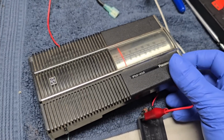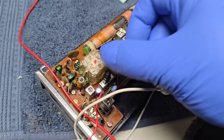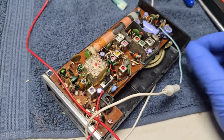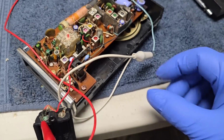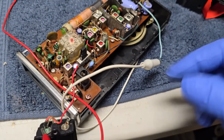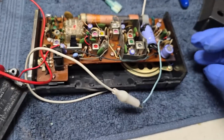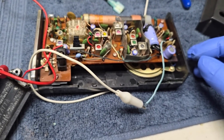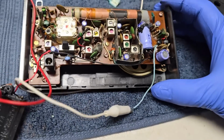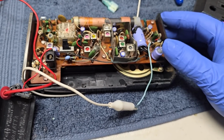Pretty hot radio. This is going to be a good comparison. The only thing wrong with it was the switch was dirty. Wow, it's Panasonic. That's National Panasonic for you. All right, let me get this buttoned up. Unfortunately, the little battery cover is missing, so I'll have to come up with something for that. And we'll hit the road, and we'll pick this back up out in the desert, and we'll try these 3 radios out. Yeah, definitely if you're looking for late 60s to early 80s radio, you can't go wrong with a